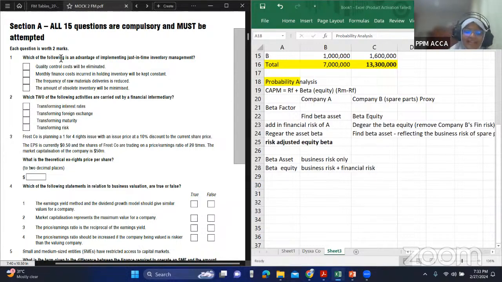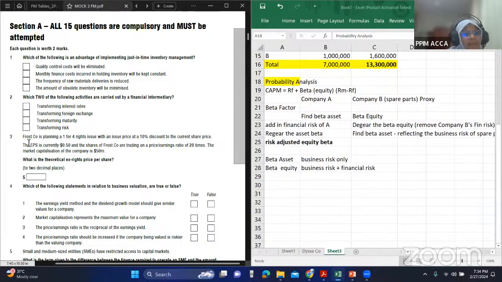Then transforming risk. Again, if there was no bank, you go and lend the money to somebody, something happens to that person, he dies or he goes bankrupt or something, then you have most probably lost your money. But if it is the bank, then since we give it to the bank and the bank is going to pool all the funds and then give it to many borrowers, the risk of you losing your money is actually very minimal. So the two things that the financial intermediary does: one, it transforms maturity. The second one, it transforms risk. Okay. Right. Then we have the third one.